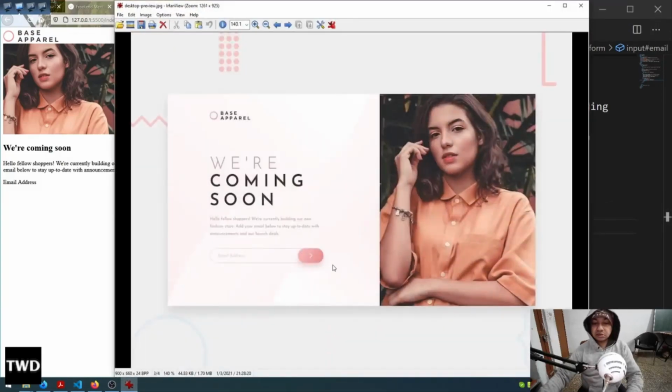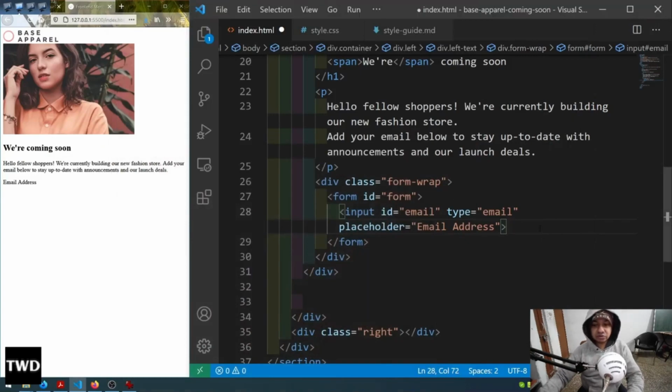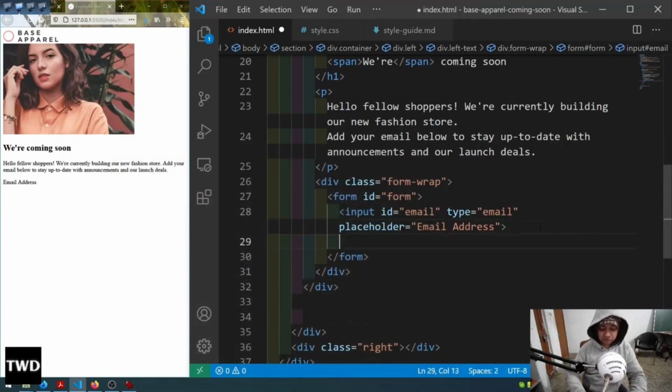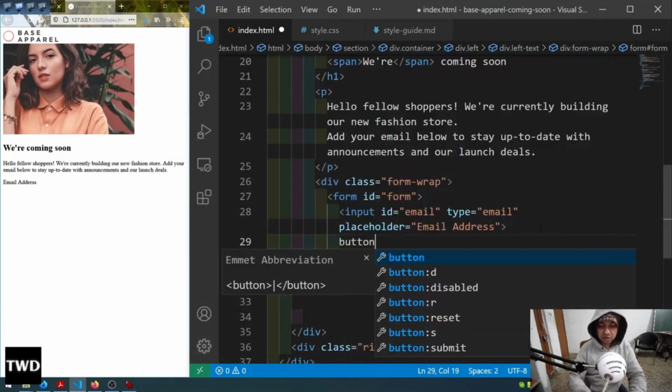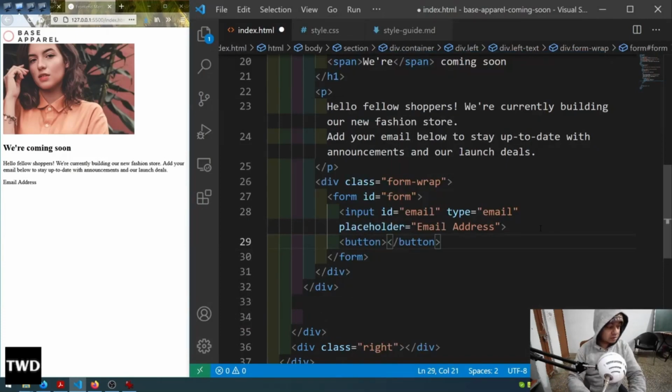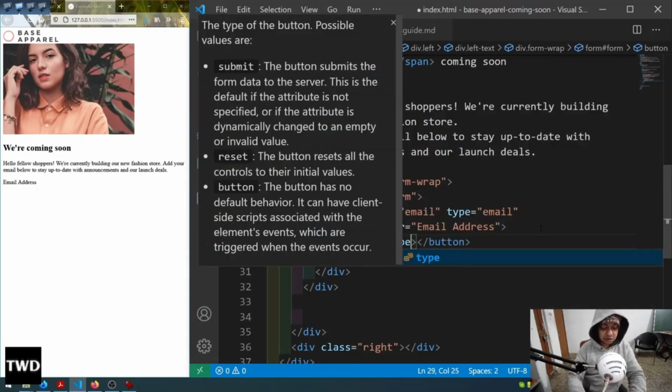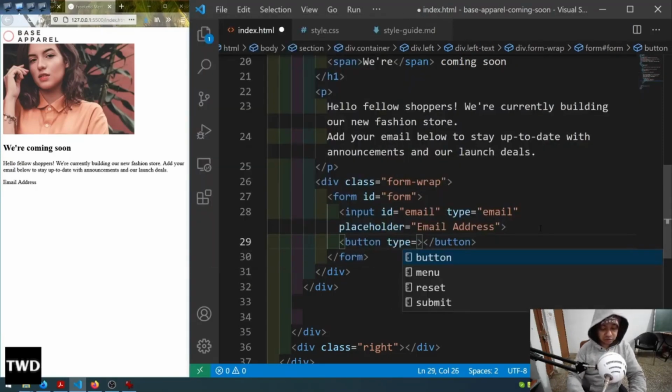See, this is the button, this is a nice button which we have, so that button also we are going to have. So button, type equal to submit, and